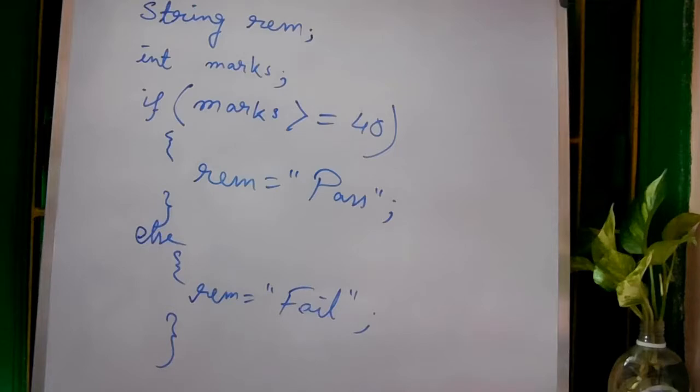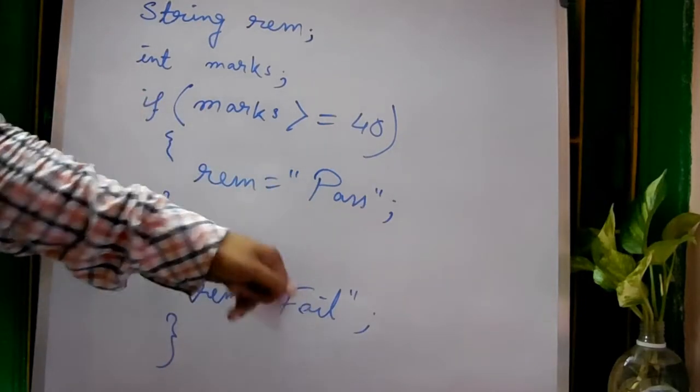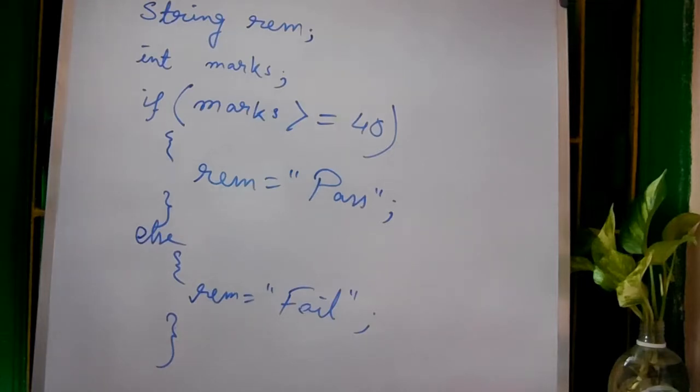So here the if statement is on two conditions. The condition is either marks will be more than or equal to 40, or marks will be less than 40. Depending upon it, we will calculate the remarks, which will hold either pass or fail. So this is the basic concept of the simple if else statement. Remember, an if else statement depends upon user-given conditions, and it returns either a true value or a false value. So I hope you have understood it.